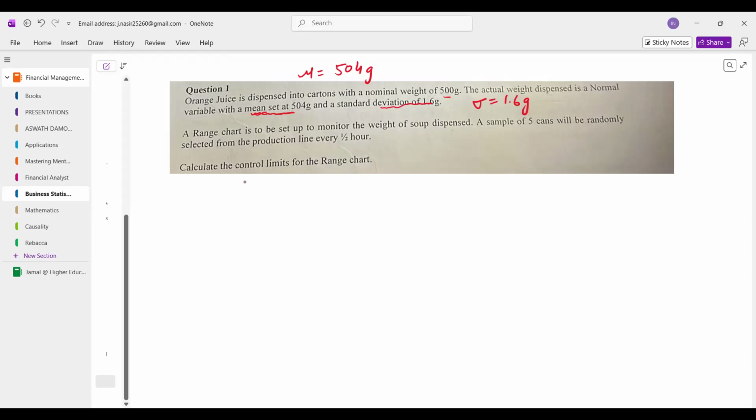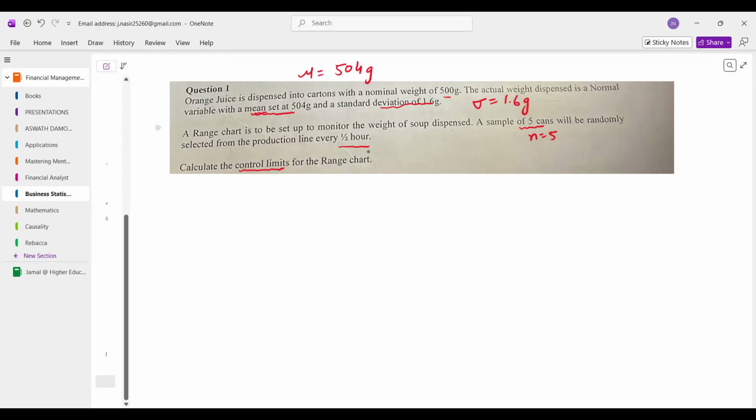Now let's move forward and see what's being asked. A range chart is to be set to monitor the weight of the soup dispensed. A sample of 5 cans, so n is equal to 5, will be randomly selected from the production line every half hour. So how often are we taking our sample? Right, after 30 minutes. And the only question that we've been asked is to find the control limits for the